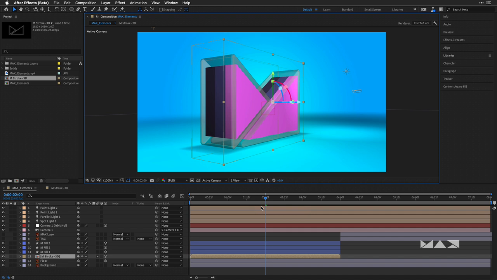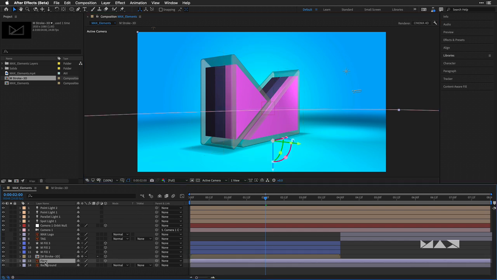So this is what I'm going to do. I'll change it to adaptive resolution just to check the nice soft shadows on the floor. And then I'll select the floor and I'm going to make the floor reflective. And you can do it either by pressing AA in sequence as I showed you before, or if you want,